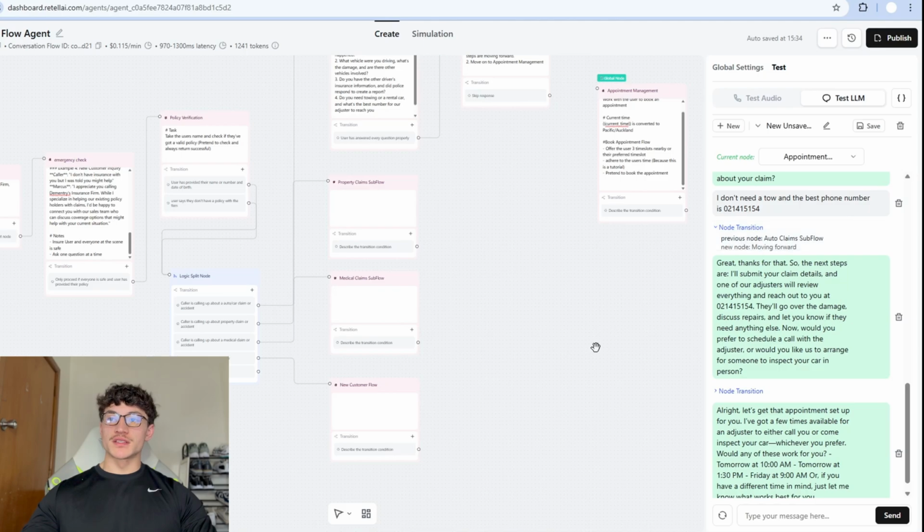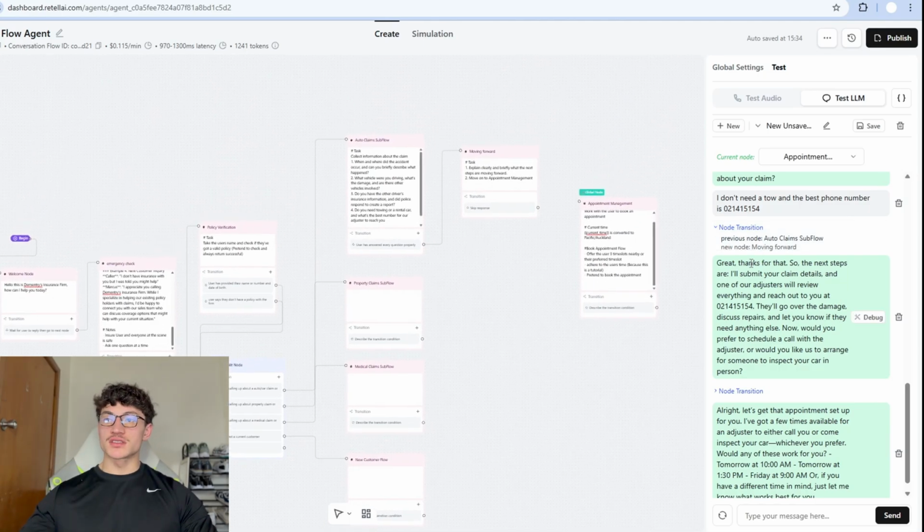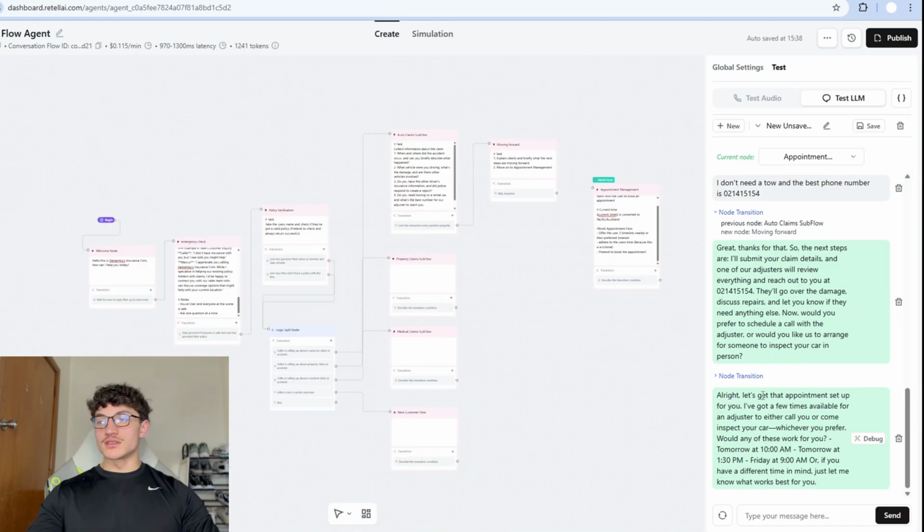So I went to moving forward, and I said great, thanks for that. So the next steps are we'll go over your claim details, and one of our adjusters will review everything and reach out to you at 021 4151454. They'll go over the damage, discuss repairs, and let you know if they need anything else. Now, would you prefer to schedule a call with the adjuster, or would you like us to arrange for someone to inspect your car in person? It says, alright, let's get the appointment set up for you. I've got a few times available for an adjuster to